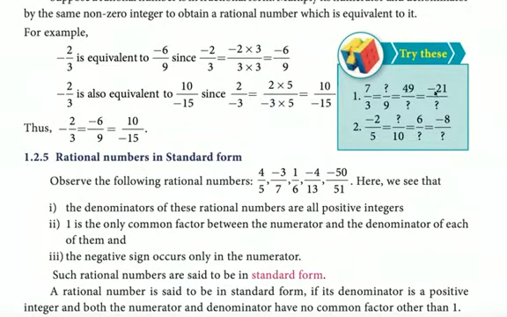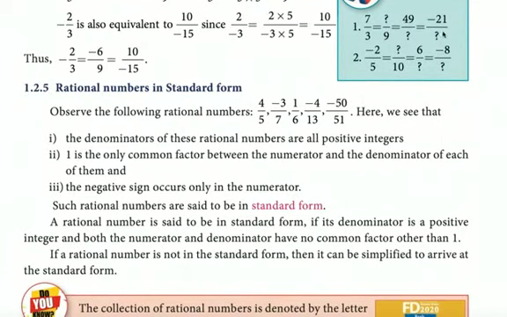You can try this. We have already done a similar example of this form. By multiplying with 3 you will get this, right? So this is 21 by 9, like that. Observe, see here minus 21 is there, so minus 21 by minus 9.